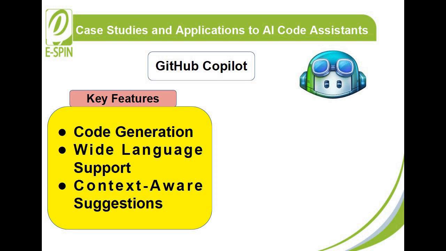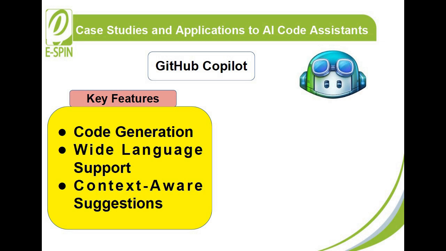First key feature is code generation, which GitHub Copilot excels at, generating code snippets and boilerplate code based on natural language prompts or existing code context. This ability to quickly generate reusable code significantly reduces development time and allows developers to focus on more complex and creative aspects of coding. Second key feature is wide language support. Copilot supports a broad range of programming languages,